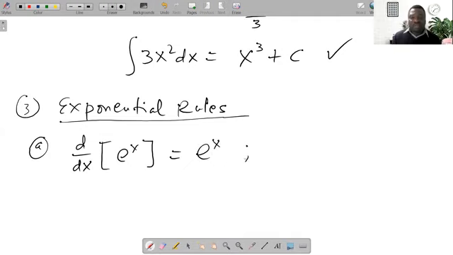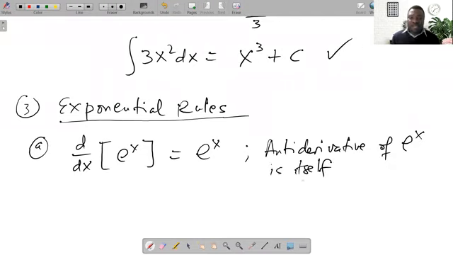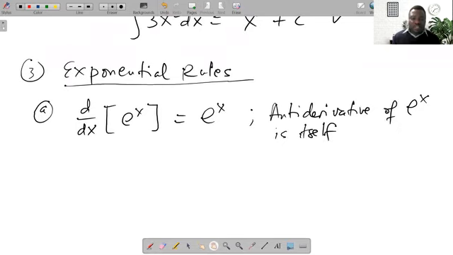So what it means is that the antiderivative of e to the x is itself. So basically, in terms of the integral, I can rewrite this as